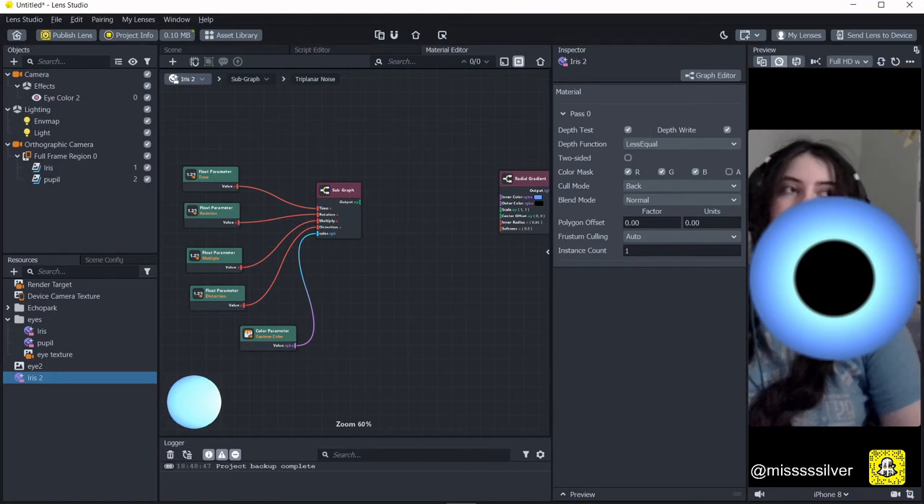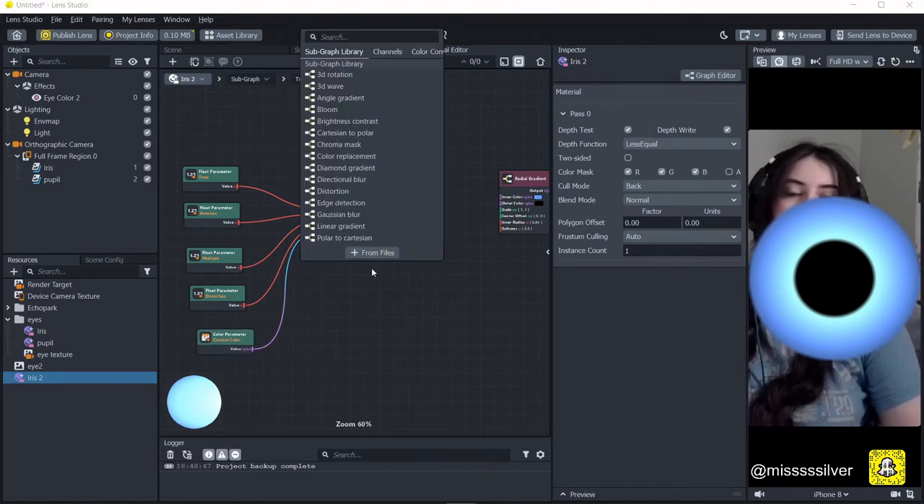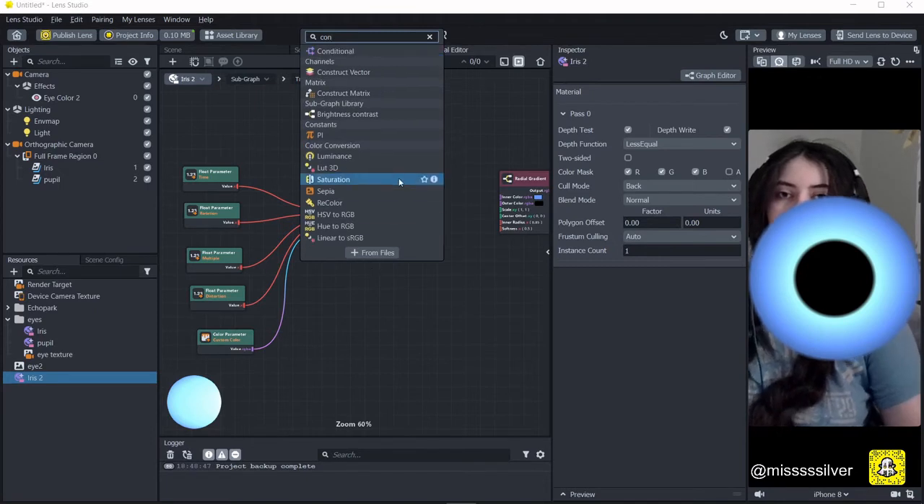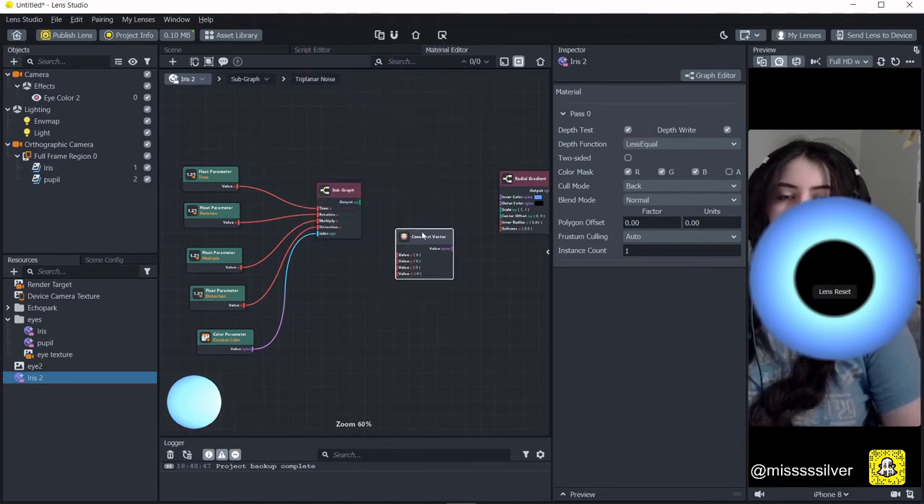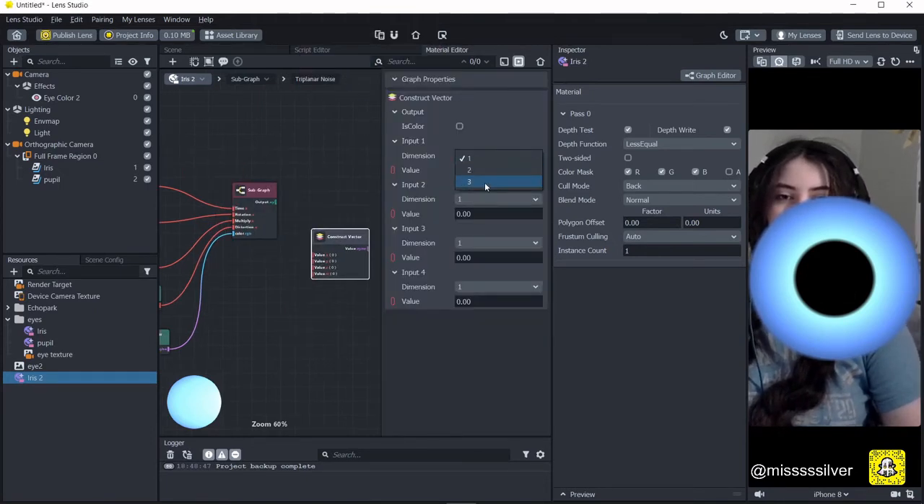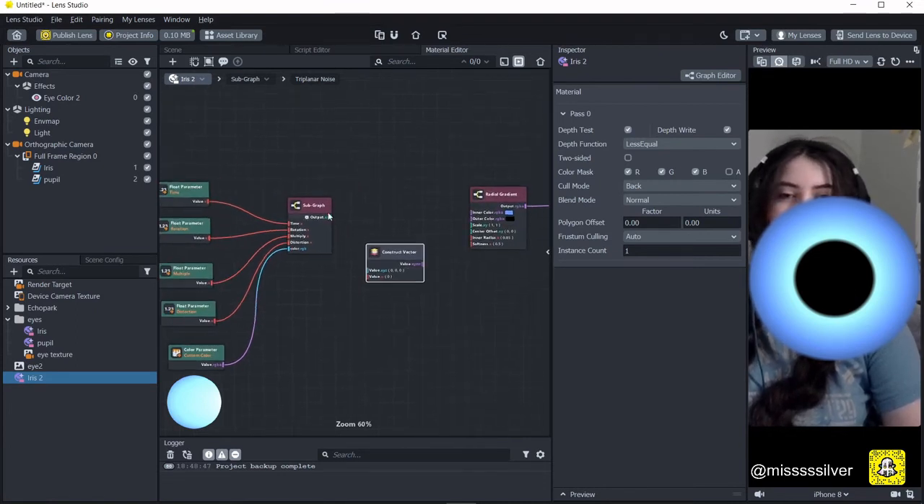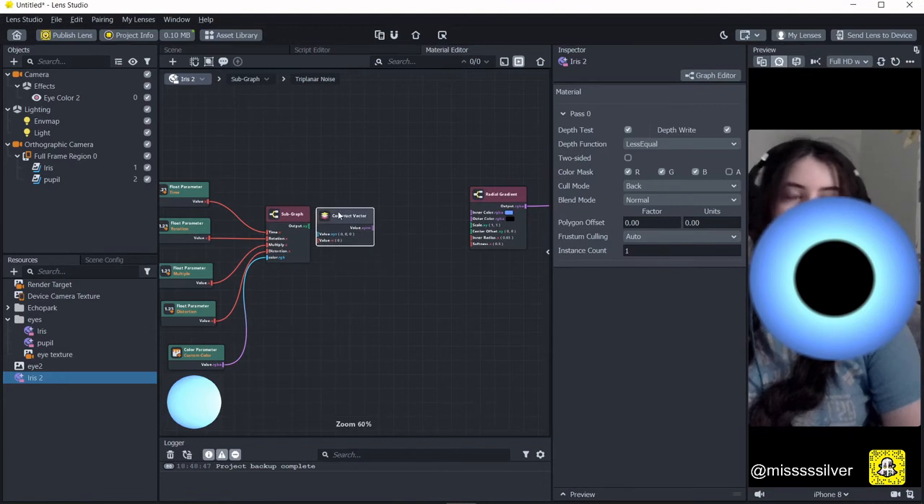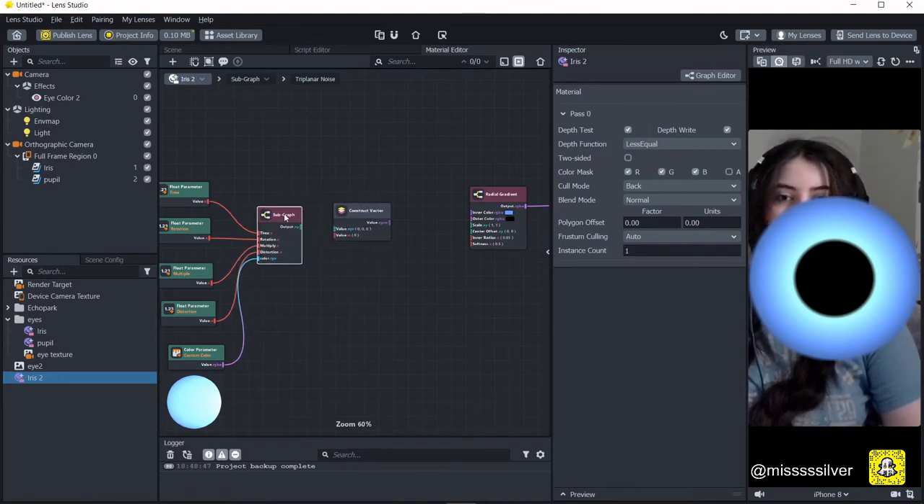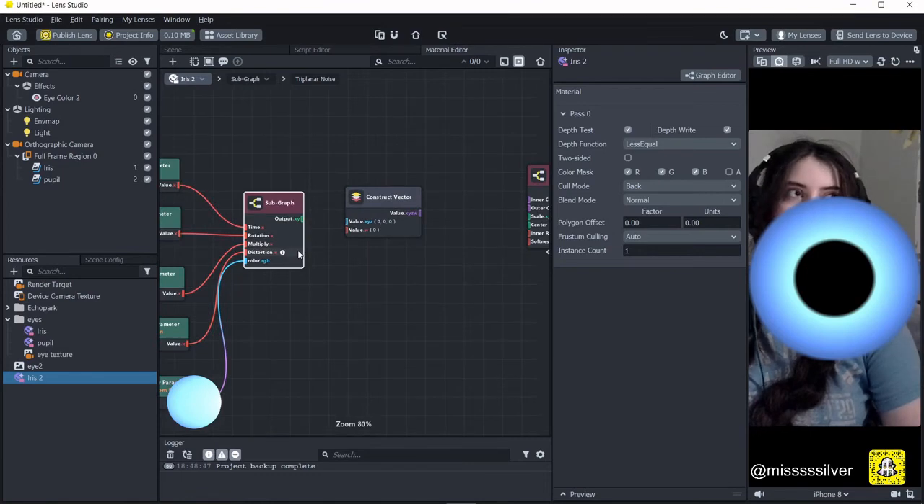Once you do that, you will want to get another construct vector, and it will be another alpha one. This is kind of a roundabout method for what I want to do, so some things don't work exactly how I want, and I was kind of tired while I'm designing this, so if someone has a better method for